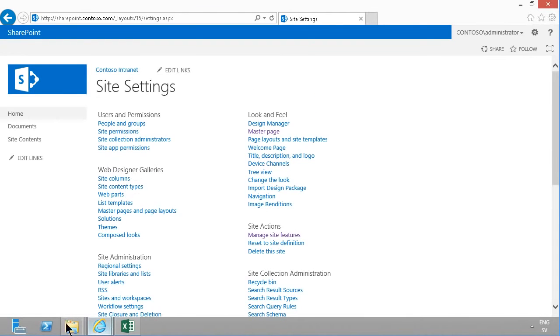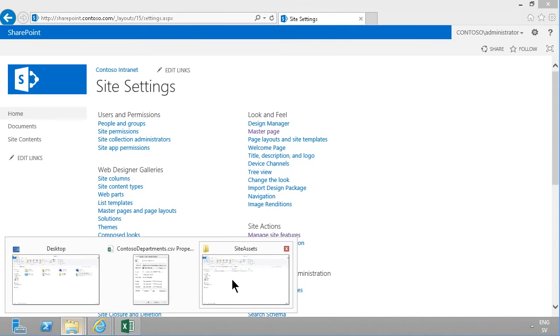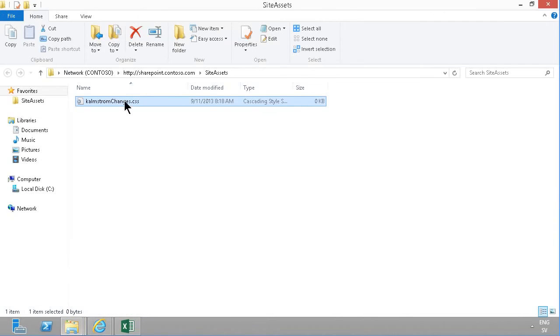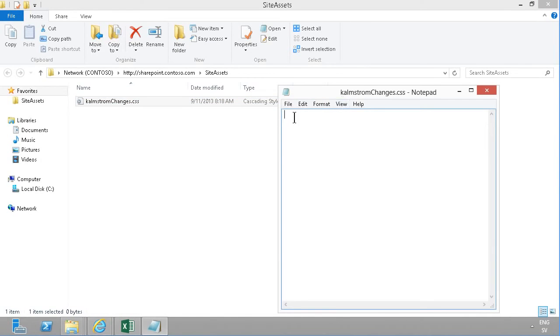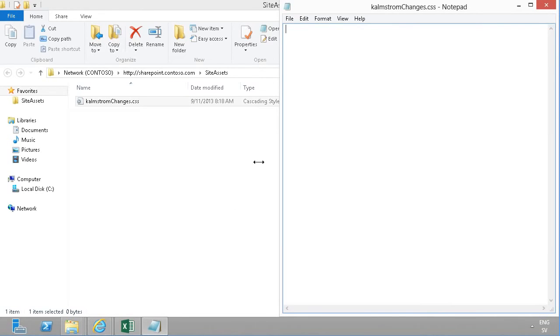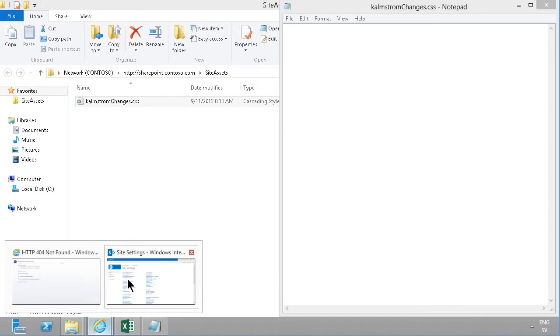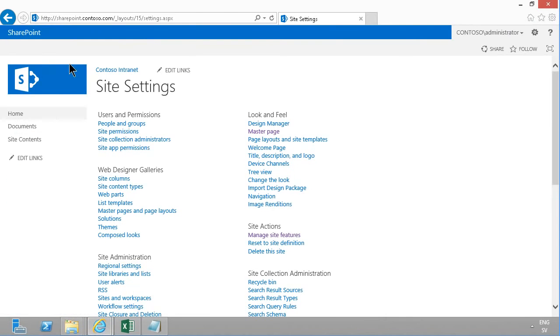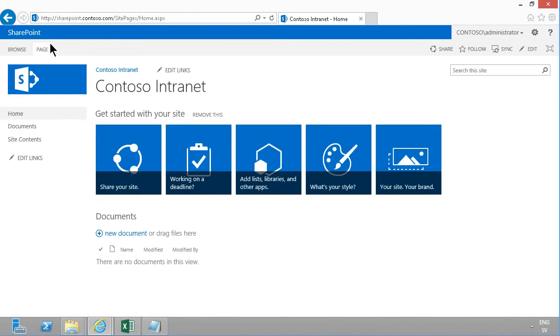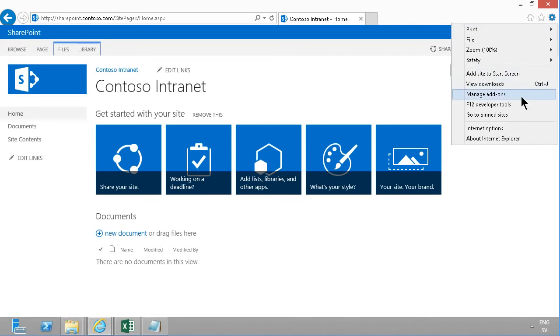So now let's modify the CSS rules that we have in this text file. I don't have any good CSS editors here, so I'll have to do with Notepad, but that works too. And now the first thing that I need to find out is what are all these objects named. So I'm going to go back to my home site, and here we see the SharePoint text here that I want to change. In order to find out what that is called, I can go into the developer tools